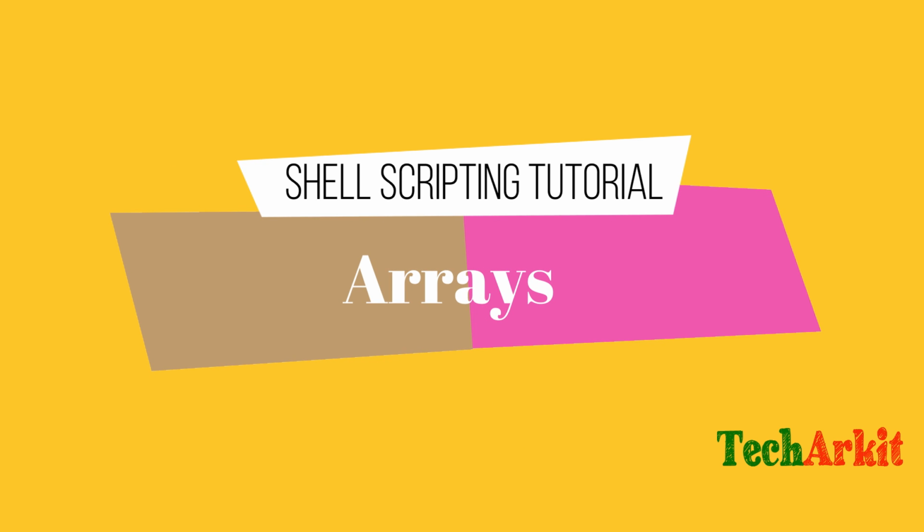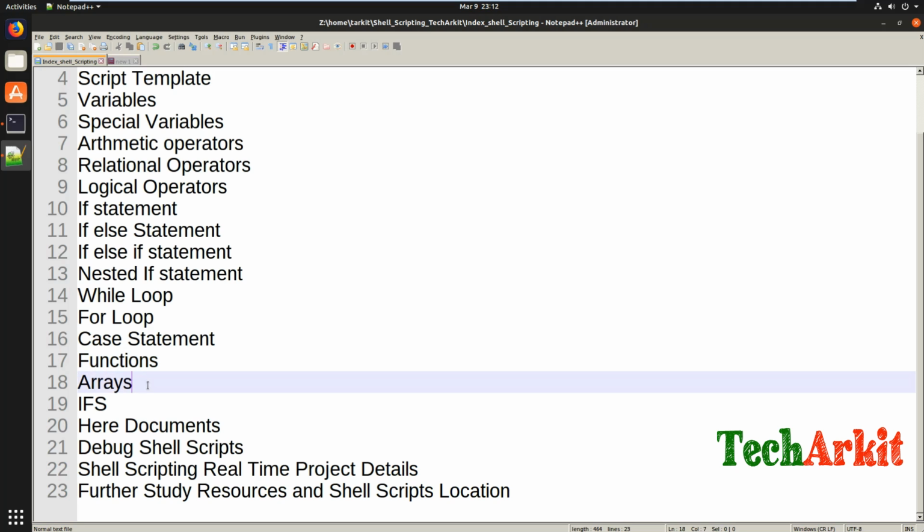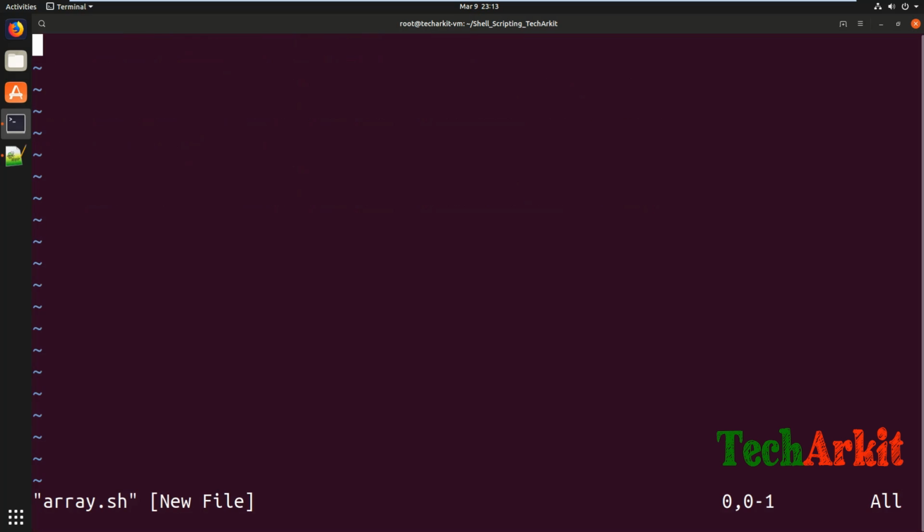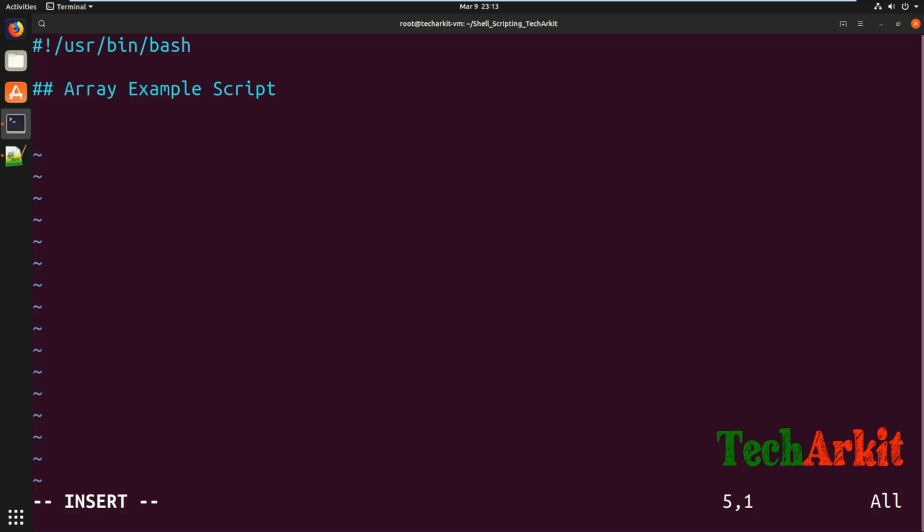Okay, let's see this. What is the topic? Next one is arrays. So how we can write the arrays, and see this arrays example over here. Let's see. I'm just going to create array.sh, an array example script. Now what I'm doing is I'm going to take a bucket over here, and I'm going to put some fruits over there, say fruits,